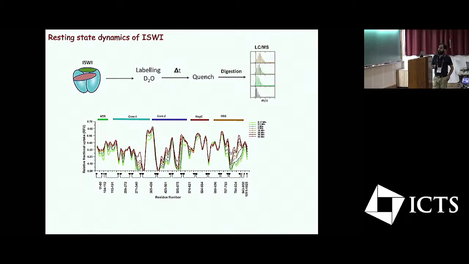You can see that from green to red there is an increase in the uptake of deuterium. At some places it doesn't change. But what I would like you to focus on is the N and C-terminal regions, where we see an increase in the uptake of deuterium with the increase in labeling time. The increase in uptake of deuterium takes place when there is an intrinsic conformational fluctuation. It opens up and takes up more and more deuterium.